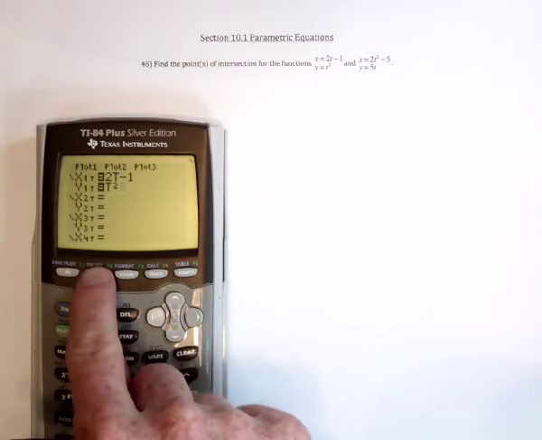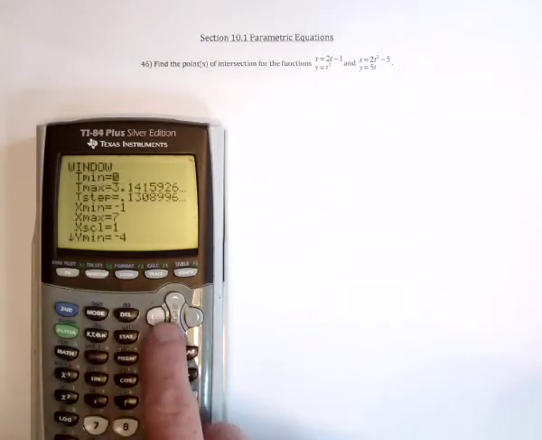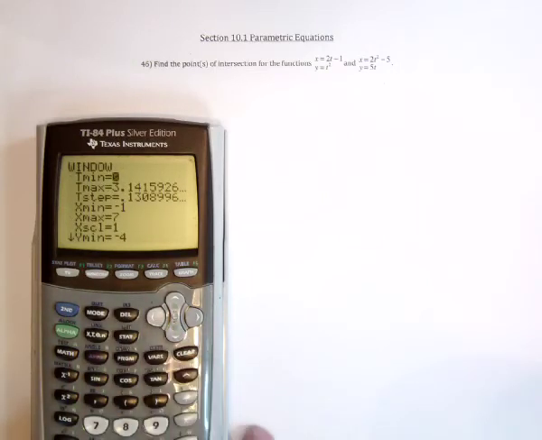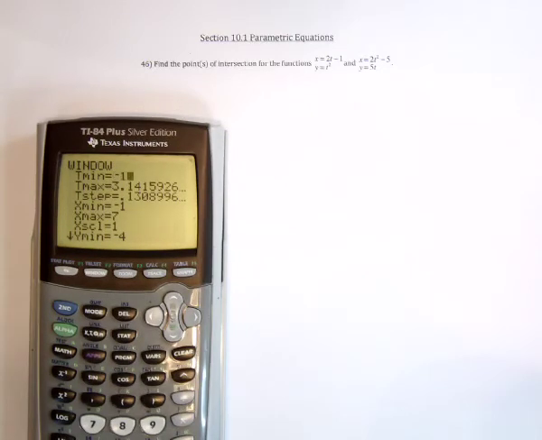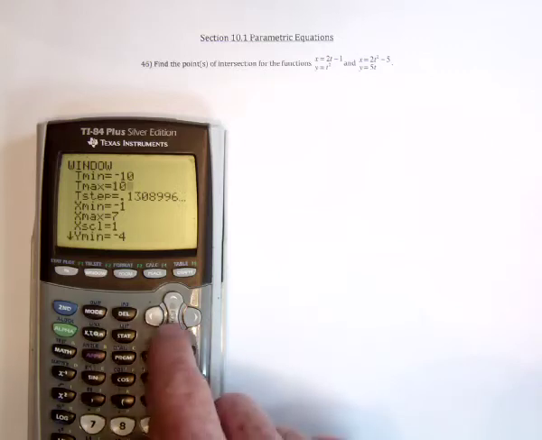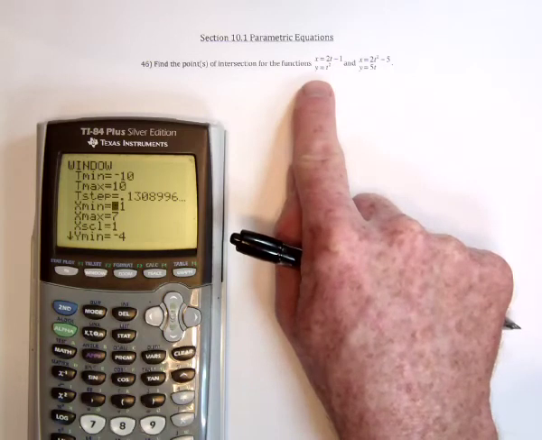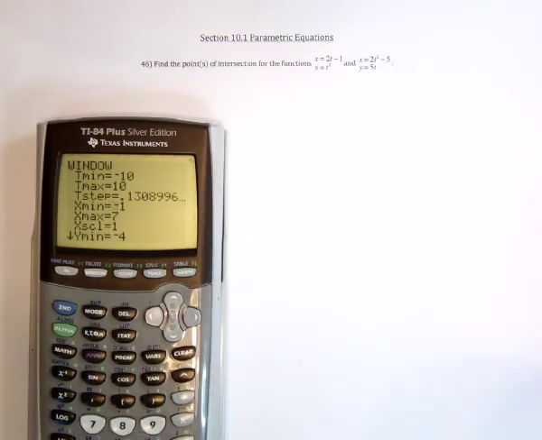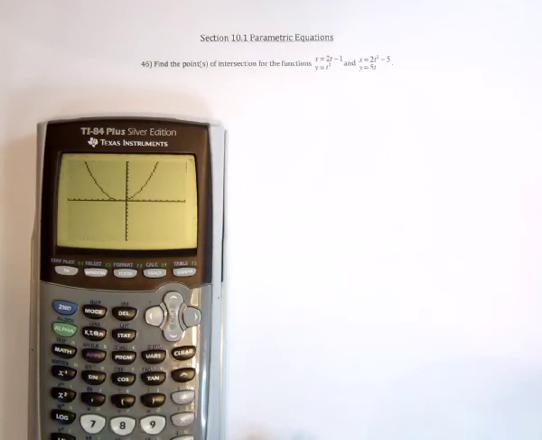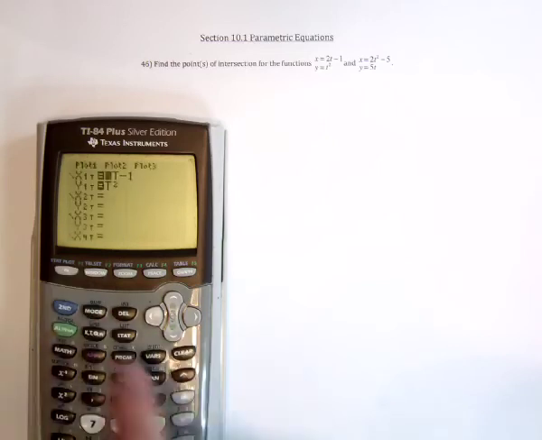And when you go to the window, since t could be positive or negative, I need to change this to say something like t will range from -10 to 10. The x values, well, this right here, since it's squared, is probably a parabola. So perhaps -10 to 10 for x and y is a good idea. Yes, that's a parabola. Okay, so we've got that one, and the other one is going to be,